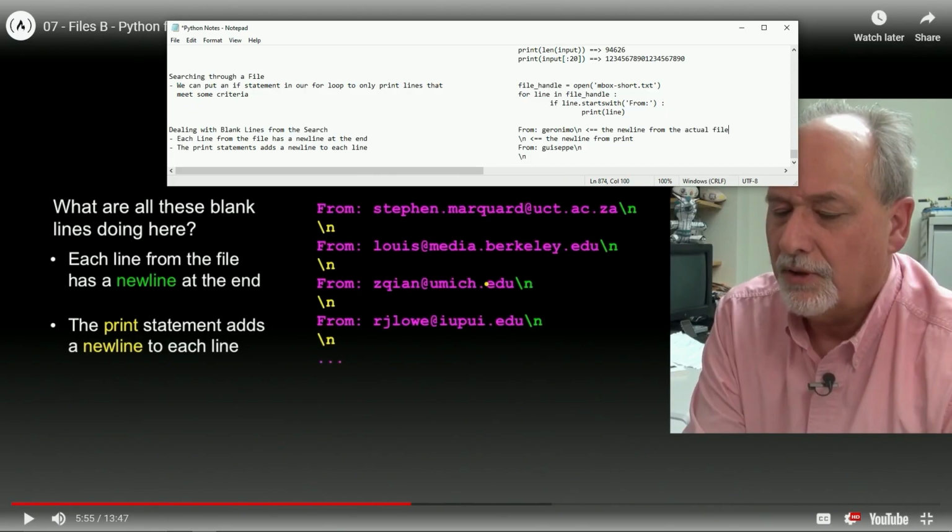All right, cool. And that's basically what is going on. File new line, and then print new line. So that's basically what's going on here.